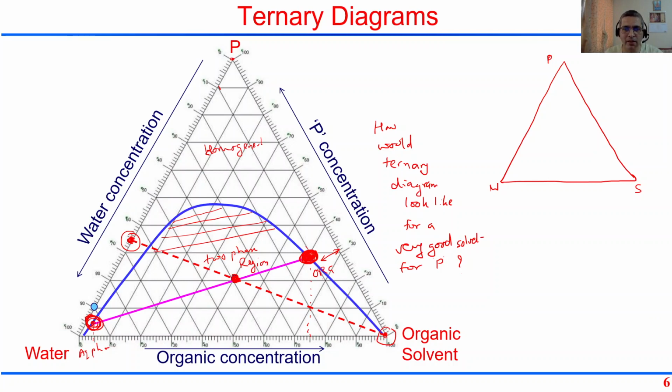One organic phase still contains a lot of water, and now you see this point, let me just rub this out. This point is still far from the side of the triangle, it still contains maybe 3-4% of the organic solvent. So ideal system would be that I have the two-phase region, the blue line. The blue line should be practically touching this side of the triangle, so that there is no water going in